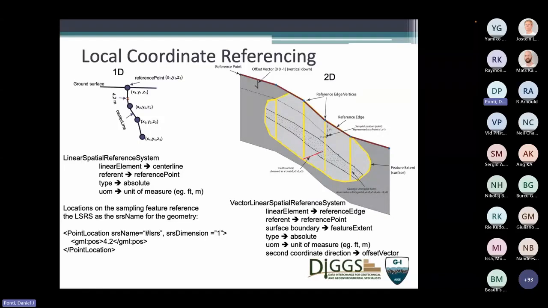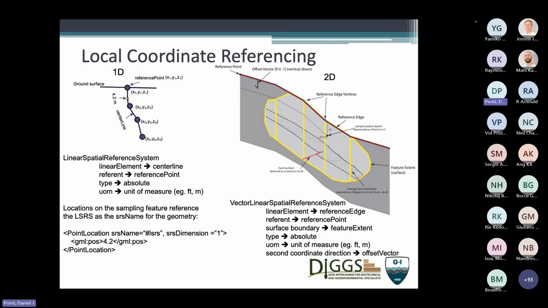So we do a thing called local coordinate referencing or linear referencing, which allows us to define locations in a simpler fashion than an absolute coordinate system. So if we look at a borehole, for example, we have 2 geometries associated with the borehole. One is the reference point, which is essentially the origin or the collar of the hole, and the other we call a center line, which essentially defines the borehole's trajectory. And that's a line string that has vertices that are defined in a real-world coordinate system in 3 dimensions.